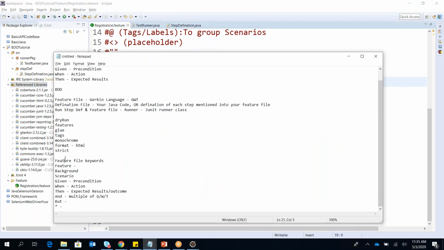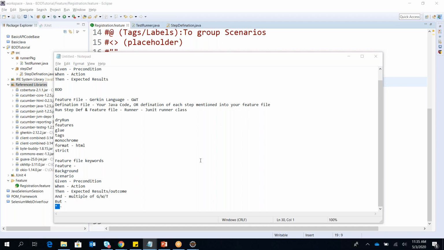So multiple keywords: feature, used to mention the feature; background, which is a prerequisite executed before each scenario. Then given, which is a precondition; when, action; then, expected results, outcome. And 'and' is used for multiple G or W or T. It is used with that, but is nothing but a condition again. So I wanted to do this, but this is the condition. And then the unique keyword, that is a star.